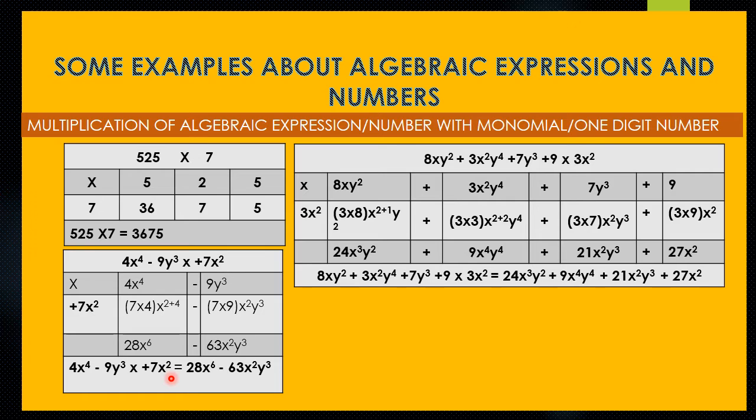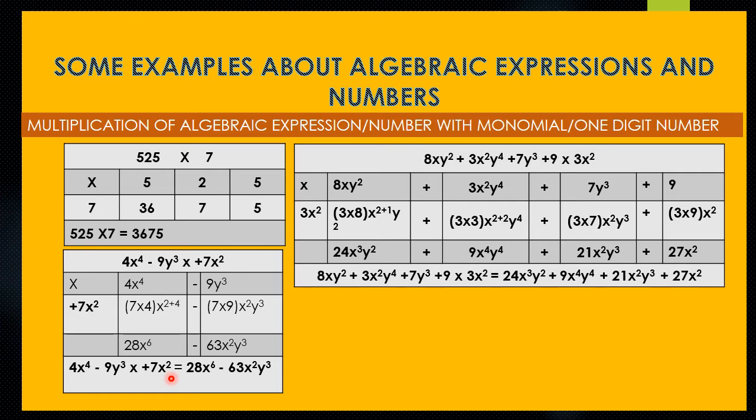Now you again look here. While I'm going to multiply 3x² with 8xy³, I have to multiply the coefficient 3 with 8, and while multiplying similar variables, x² with x, I have to add their exponents, and y². Now you look at the y², so y² has no similar variable to be multiplied, so I have put y² intact here in this term.